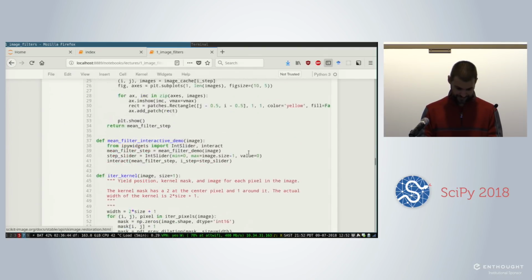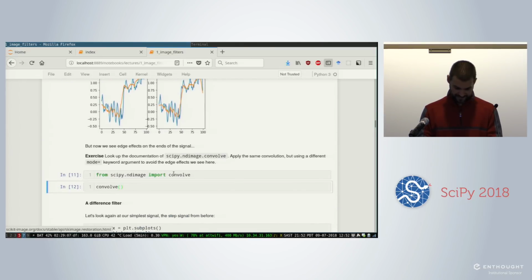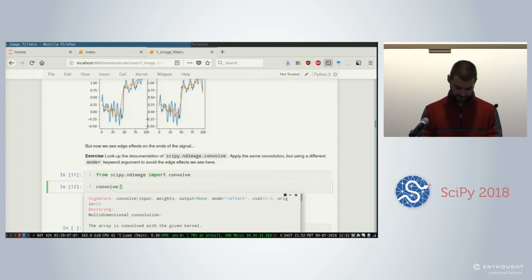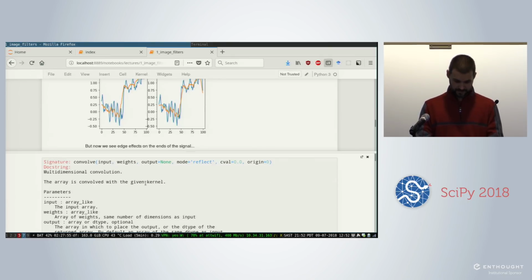I think I was not in edit mode. Here. If you are in edit mode and you do Shift Tab Tab Tab, it pops out and it's the same thing as a question mark, basically. Okay, so now we see that the mode in ndimage.convolve is something different altogether from what we had with numpy.convolve. And you have this reflect mode,